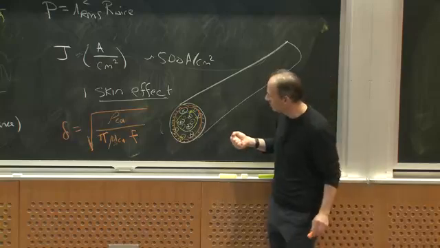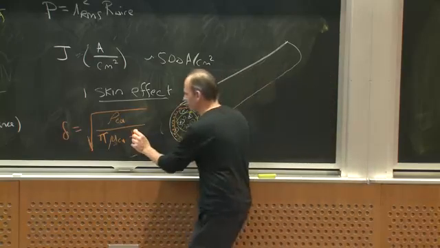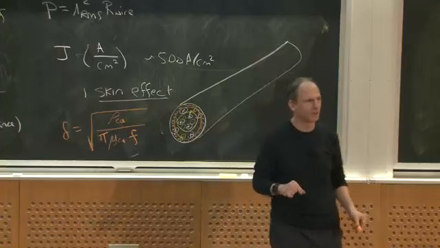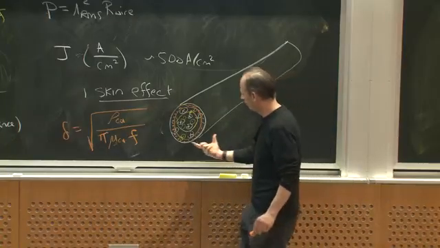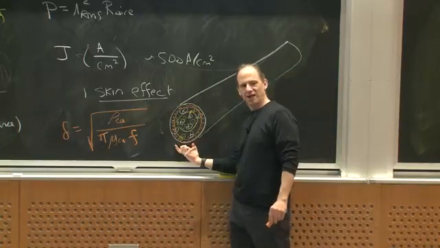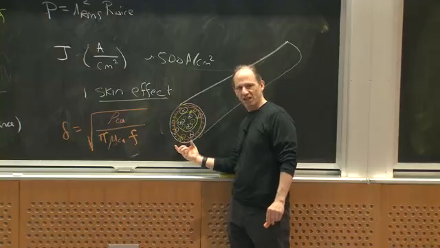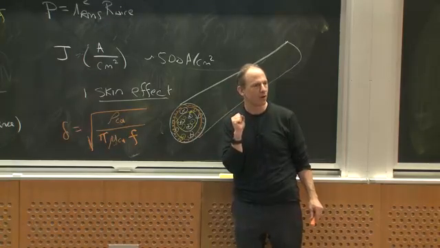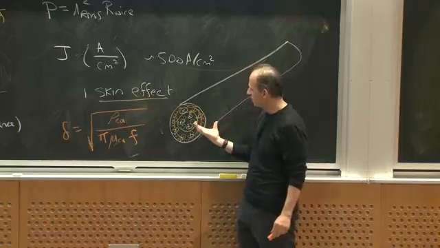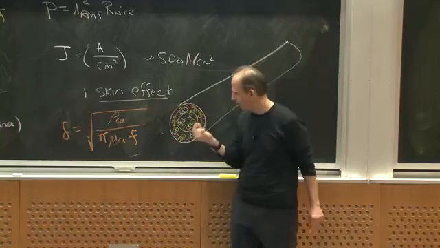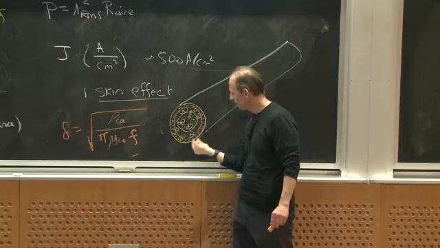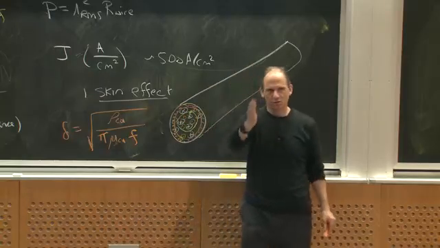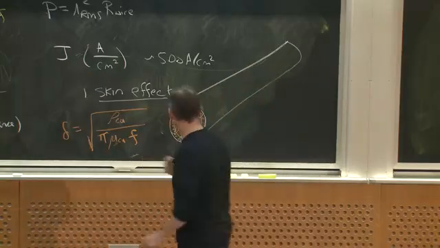But notice that this is a function of frequency. The skin depth decreases as 1 over the square root of frequency. So essentially, if the skin depth is on the order of the diameter of my wire, I pretty much carry current approximately constant across the cross-section of the wire. If my skin depth gets small compared to the wire, that's when I'm only going to carry it in the surface. And it doesn't just get carried